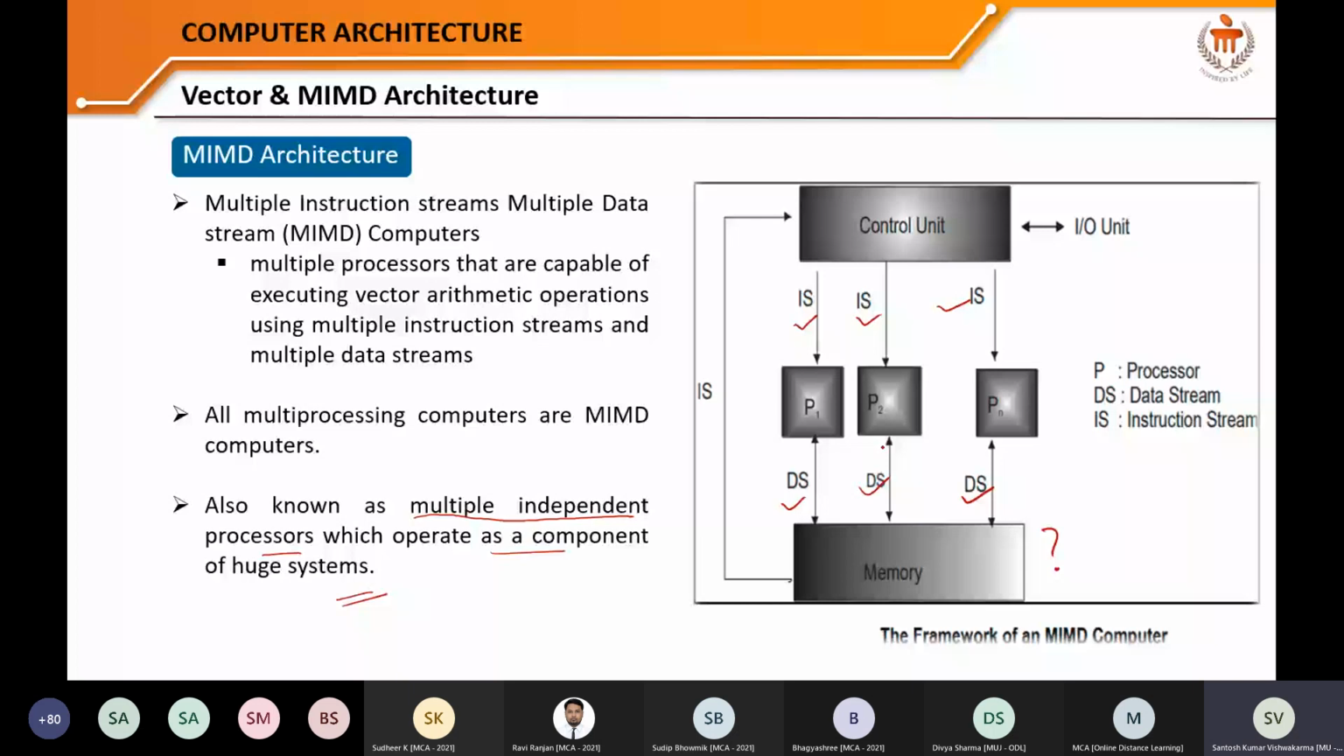Third is memory system design. We have already talked about this, the different issues. And the fourth is IO system design, one of the major problems. This is a particularly serious issue when large data volumes must be moved from IO devices